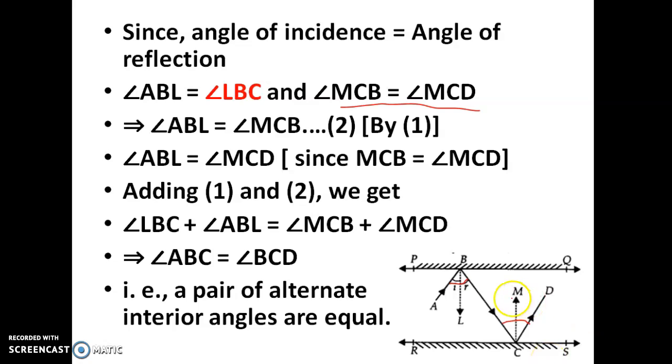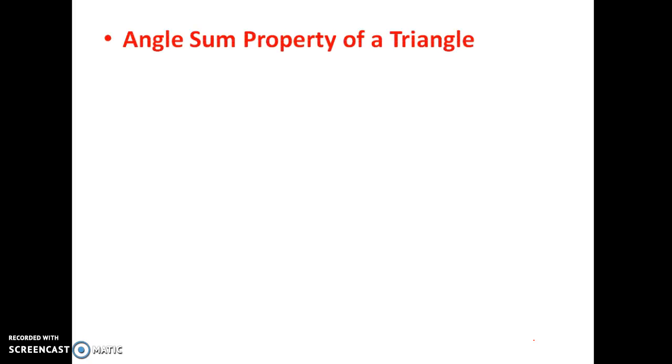So if these two are parallel, that means AB and CD are parallel, then only these two angles will be alternate interior angles. Is it not? These two angles are alternate interior angles for these two parallel lines. So this implies AB parallel to CD. So the remaining questions which I didn't work out here are your homework. So let's move to the next section of this chapter.